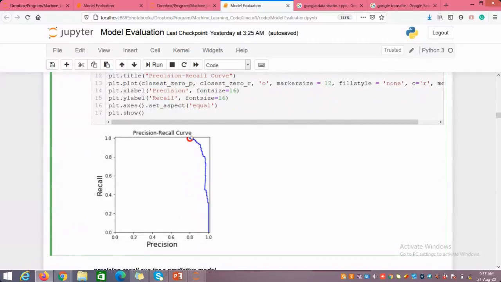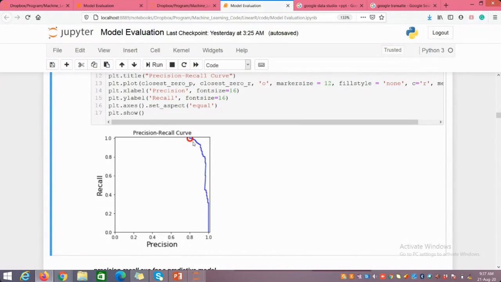Now if we see here, we have one red circle. This red circle is denoting that if I have set my threshold to 0, then for this particular data set, I am having this much precision. The recall is basically 1, because all the instances, whatever the probability I get, are going to be considered as positive. No doubt there will be misclassification, but all positives will be part of your positive. That's why we have 1 as the recall, but your precision is not going to be that much.